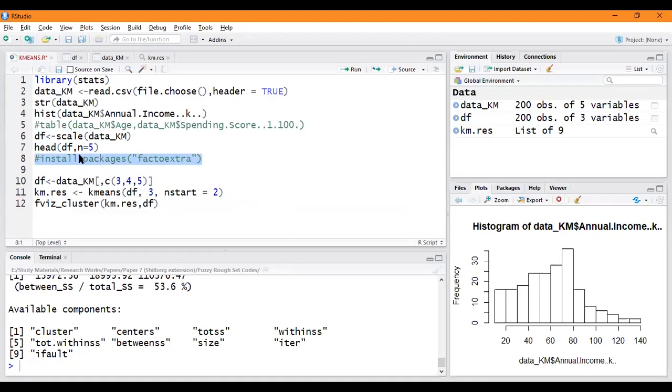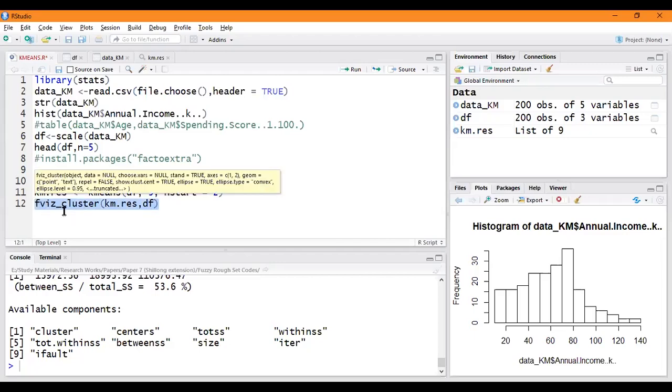I have installed this package. If you don't have this package on your machine, then you have to install it for the first time, like install.packages factoextra. Then to visualize the cluster, this method has to be used, fviz_cluster, and it takes 2 arguments.